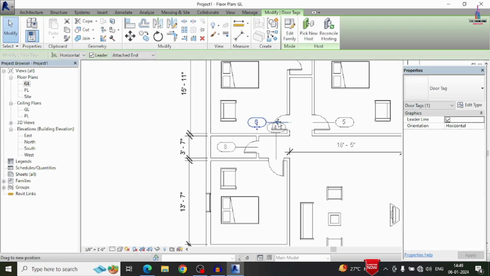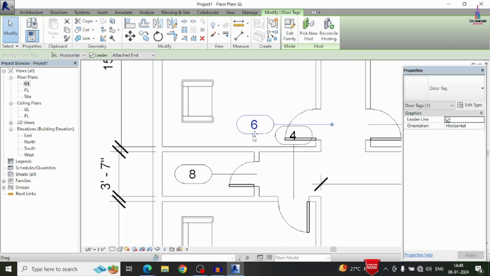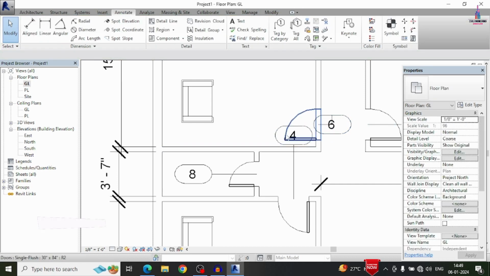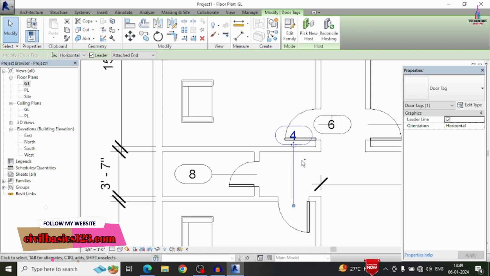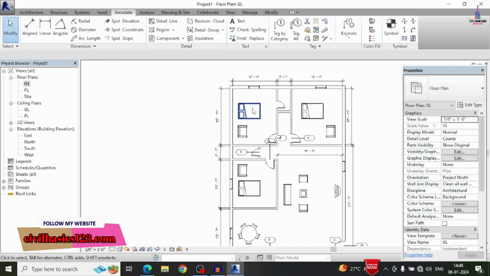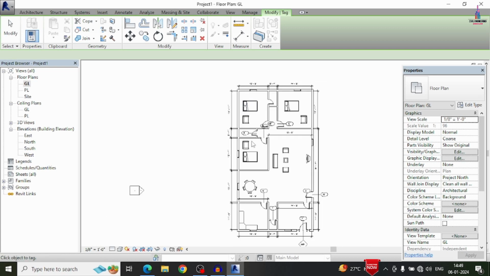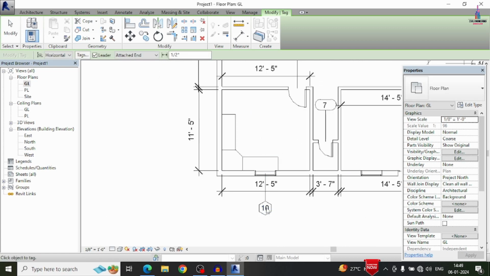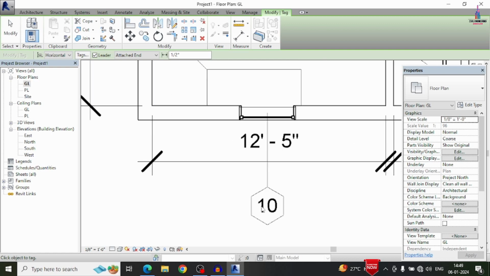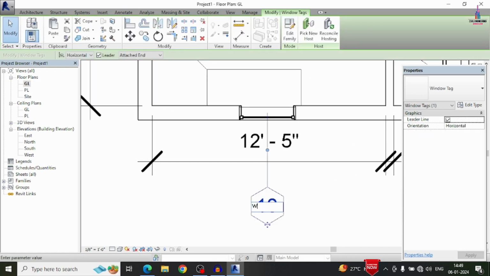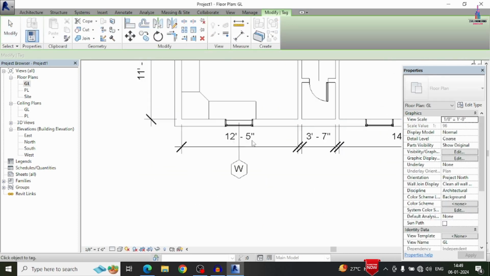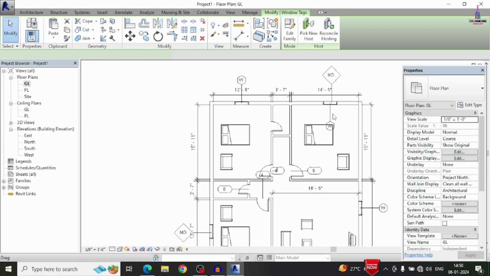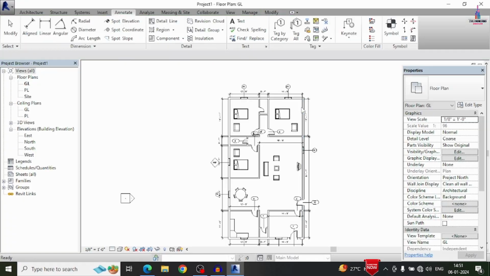You can adjust this alignment to the center point, or else you can move this alignment to the right hand side here like this. In the same process you can move another alignment. Depending upon your consideration you can give the tags. Again in the same process we will give the tags for the window sections. This time selecting here, again I am giving the tags related to the window section. I am double clicking on this number, giving the name as W here. In the same process you can give the tags for the windows for the rest, and this particular door section here like this.